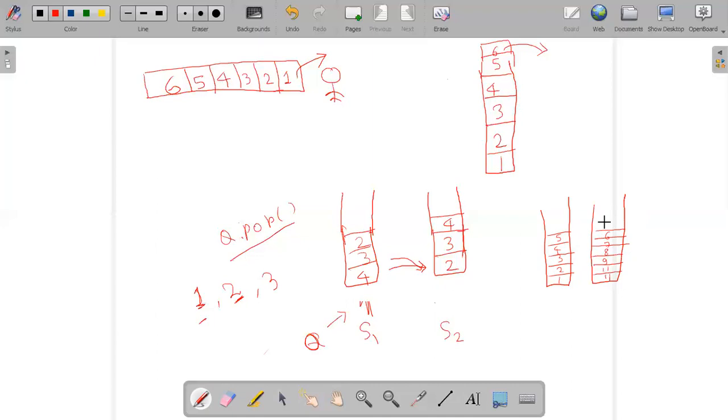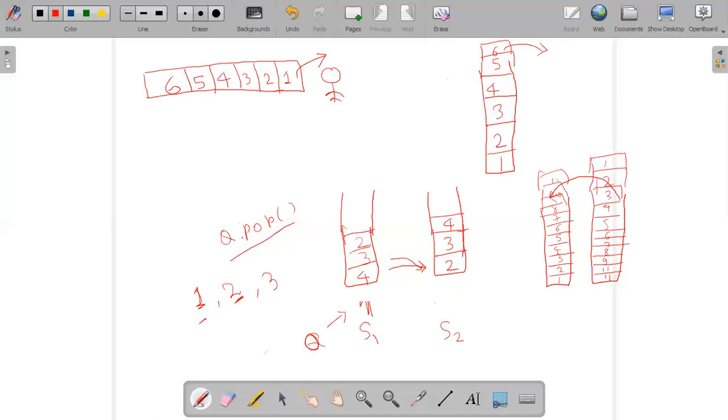If you move all the elements from this glass to this glass, this is a kind of stack, right? So it will be arranged like this: 6, 7, 8, 9, 10, 11. And now if you move from here to here again, it will be something like this: 6, 5, 4, 3, 2, 1.